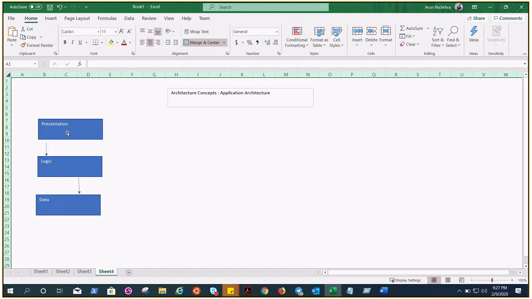Presentation tier, which interacts with the consumer of the application, logic tier, which delivers the application functionality, and the data tier, which controls interaction with a database of some kind. Now if these three tiers are implemented in the same code base and not separated, we refer to it as a monolithic application. Okay,